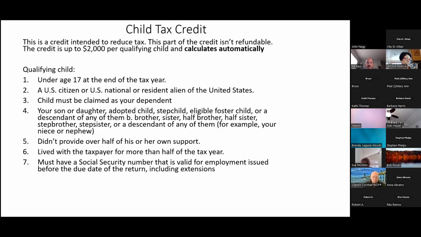If someone does have a dependent, and you're going to go through the software, you're certainly going to report their social security number. You're certainly going to report their date of birth. And this is important. I've seen it many times where taxpayers, and it befuddles me, don't know the date of birth of their child. And that could be for various reasons. And so you want to make sure you get the date of birth.